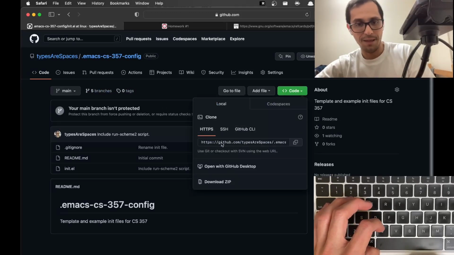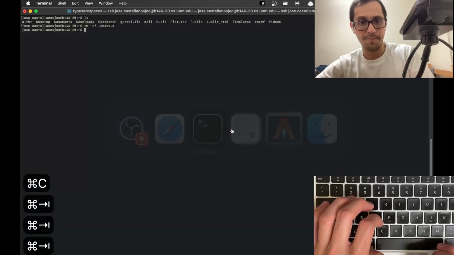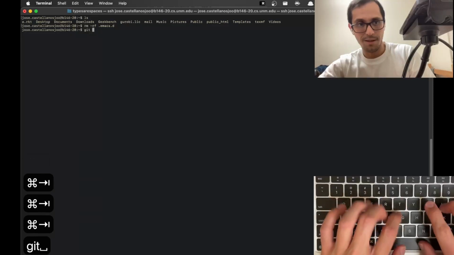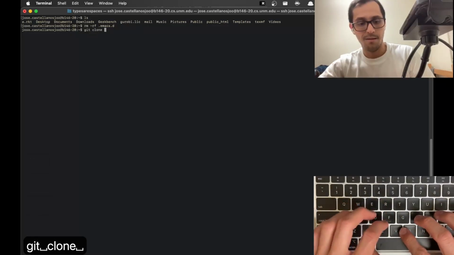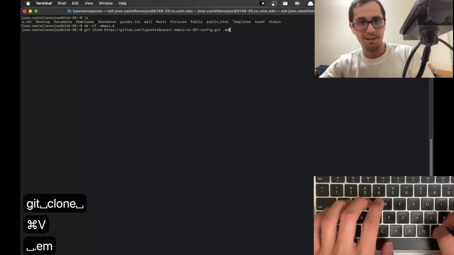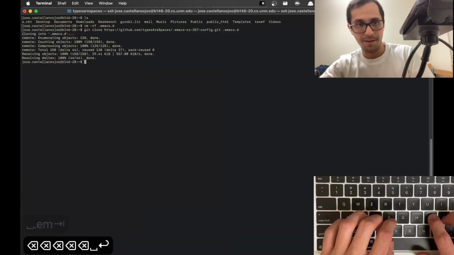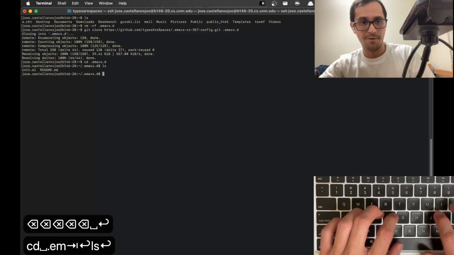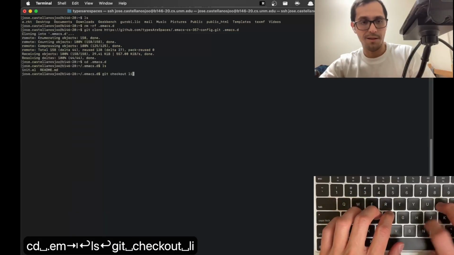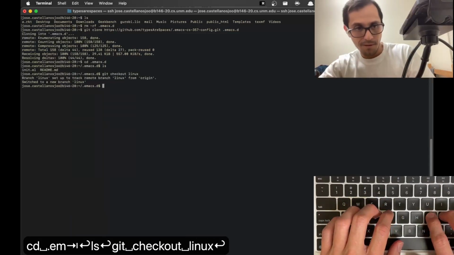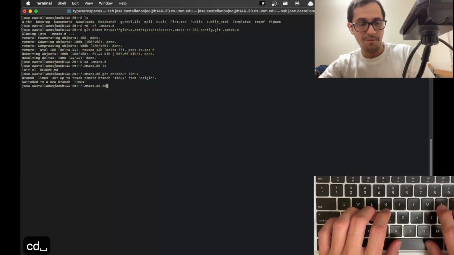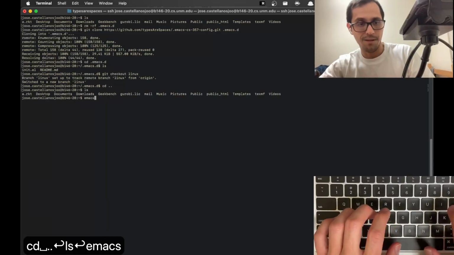In your case, it will be HTTPS, but I will do the same just for the sake of the demo. You do git clone like that, and then you specify the directory, which is going to be this one, right? Then you step into this directory and git checkout Linux. Okay, so now you execute Emacs,